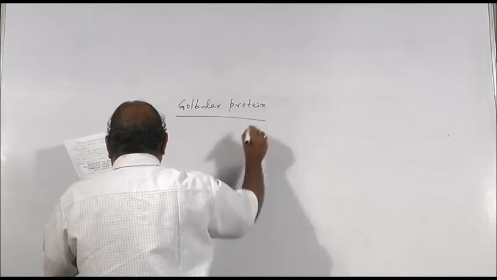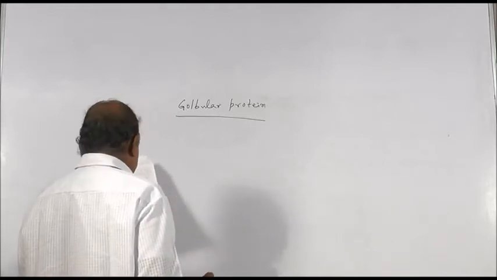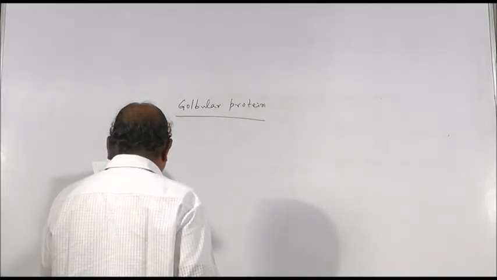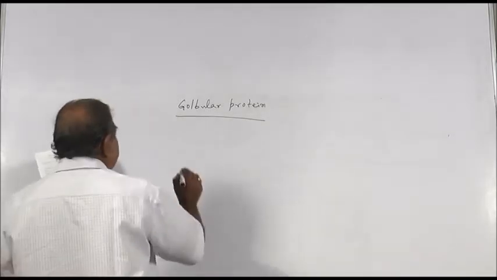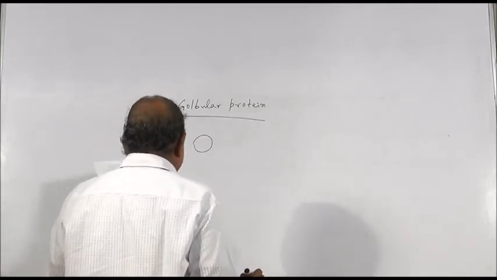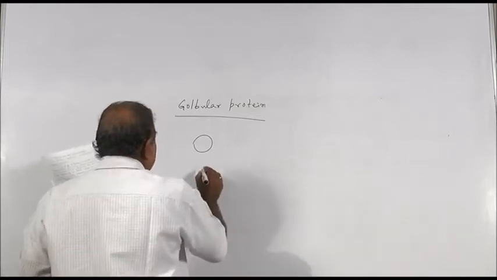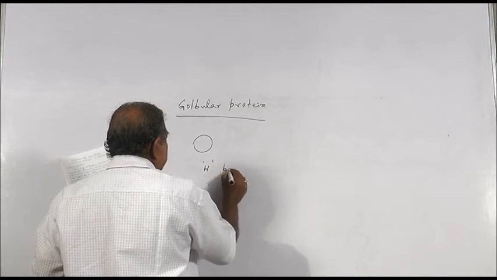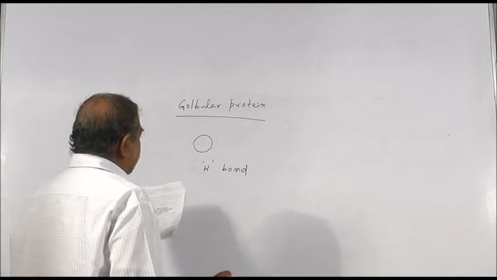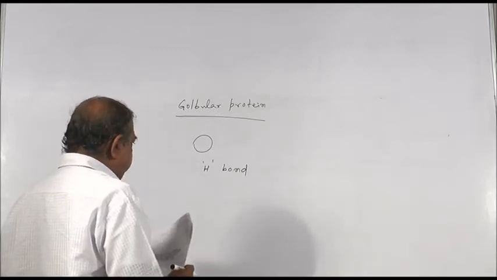Now, in this type of protein, the molecules are folded together into a compact unit having spherical shape. Here also the peptide chains are held together by the same hydrogen bond. Remember, in both the cases, fibrous protein as well as globular protein, the peptide chains are held together by